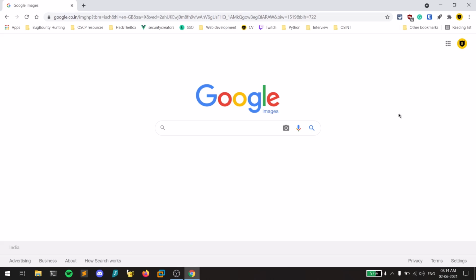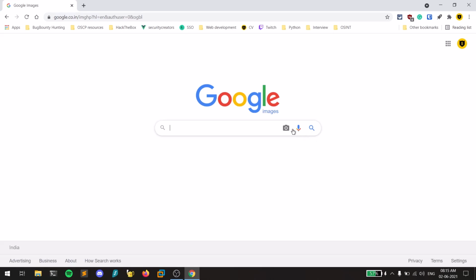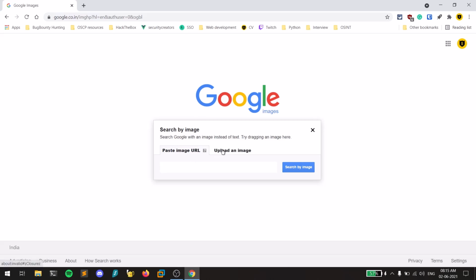Reverse image searching is searching with that particular image to find similar kinds of images on google.com. Basically, we usually search for images on Google, but here we upload an image and check whether there are images already uploaded on Google previously or recently. For that, you need to navigate to google.com, and there you can see something like Images over here. Click there, and you can see an option to search by image. Click on that, and here you can paste the image URL if you have it, or you can upload the image. So choose the file.